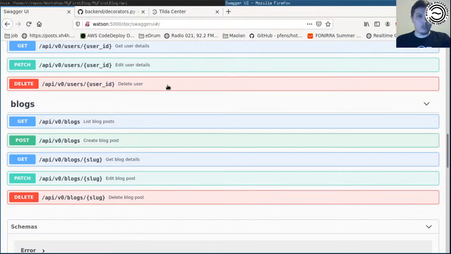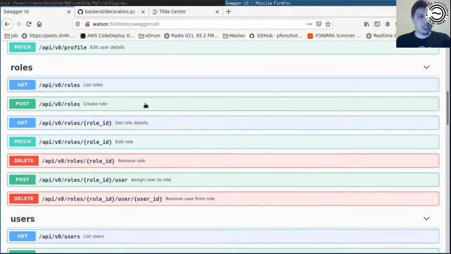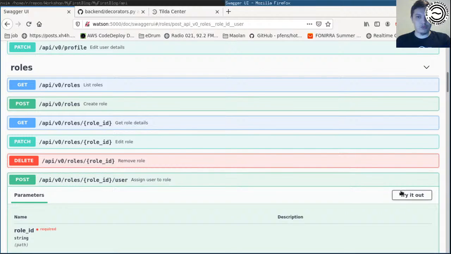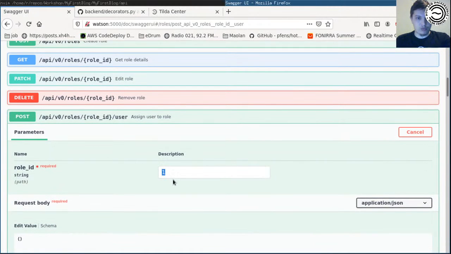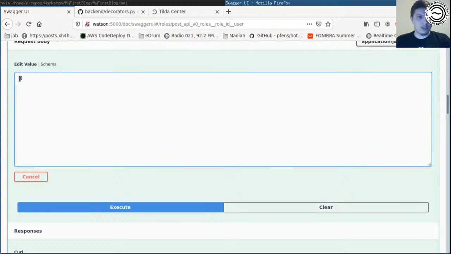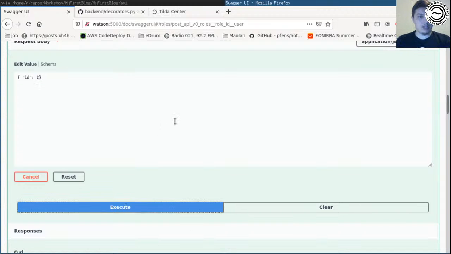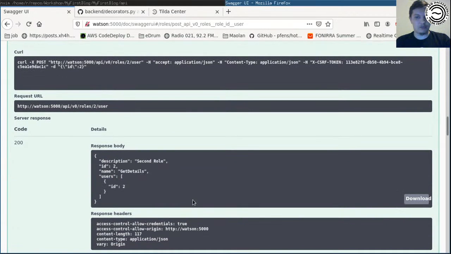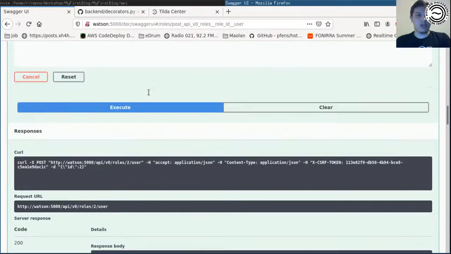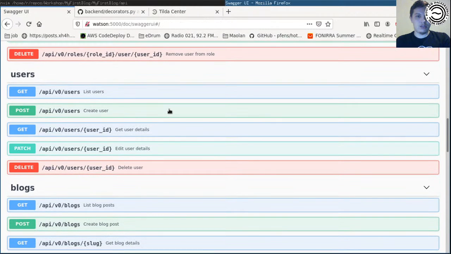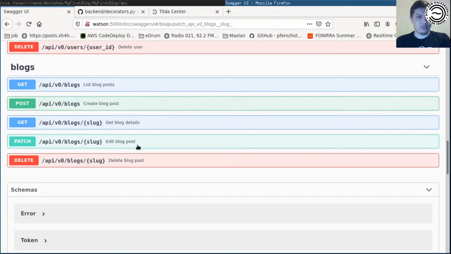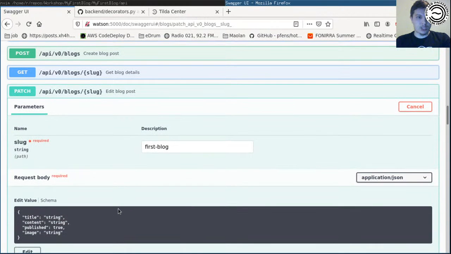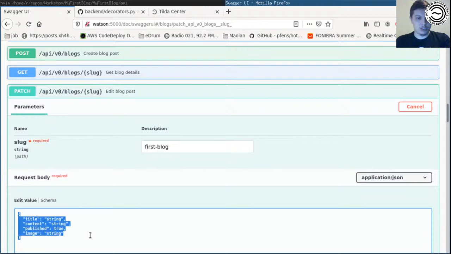What I'm going to do now to test that functionality is go into roles and assign user to role, and go role ID is now 2 and the user ID is 2 again, because this is the second user we are going to add to. So we added him to the second role. Perfect. If we now go down to our edit blog post, we want to edit the first blog,